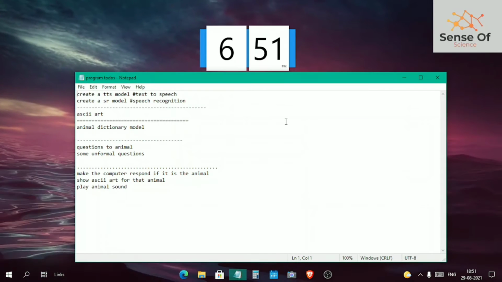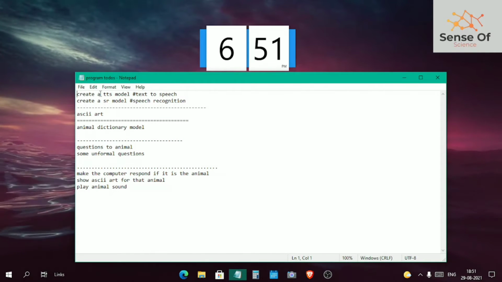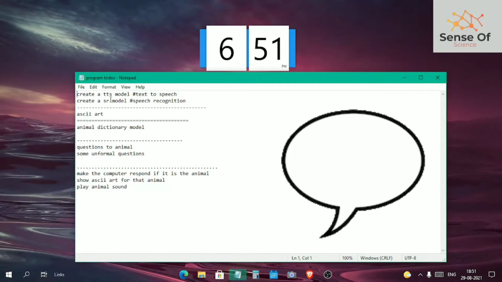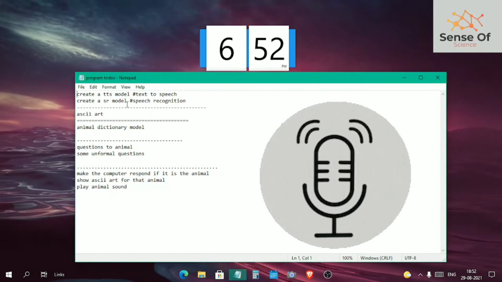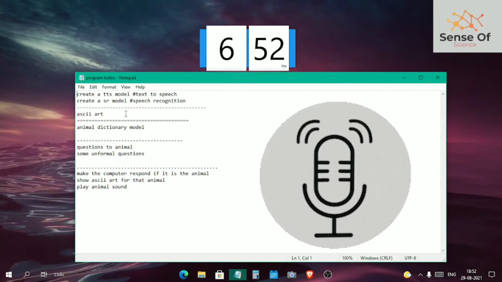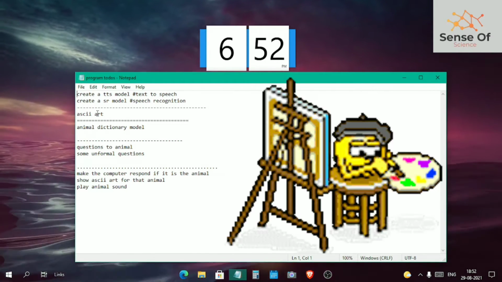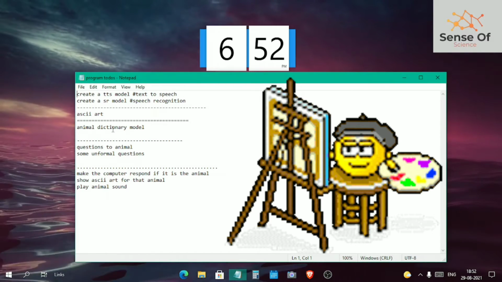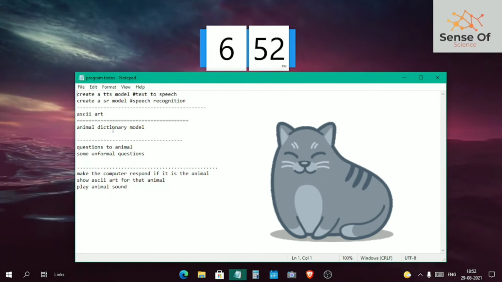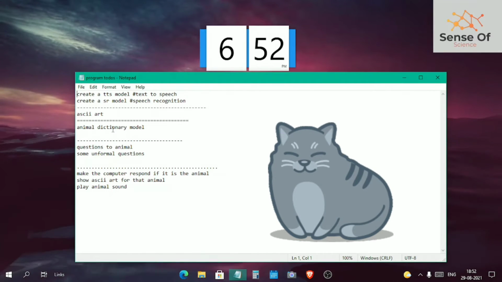So this is my to-do list for this project. Firstly, I will have to create a TTS model or a text-to-speech model. Then I will create an SR model that will just take my voice as input. Then I will just create some fancy ASCII art, and then I will just create some animal dictionaries that will hold all the data and characteristics of the animals which I am using in my program. Then